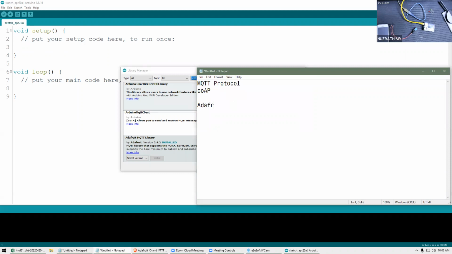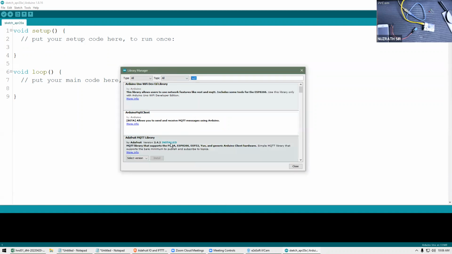Adafruit, note it down. You have to do this one: Adafruit MQTT library. If you have your Arduino, you can do it even now. It's a small library. You can just get it installed to your Arduino IDE. Once that is done,